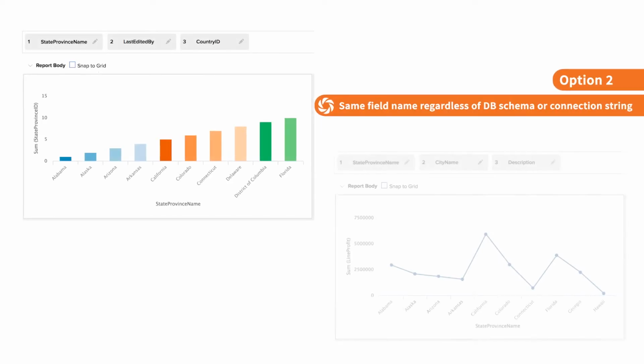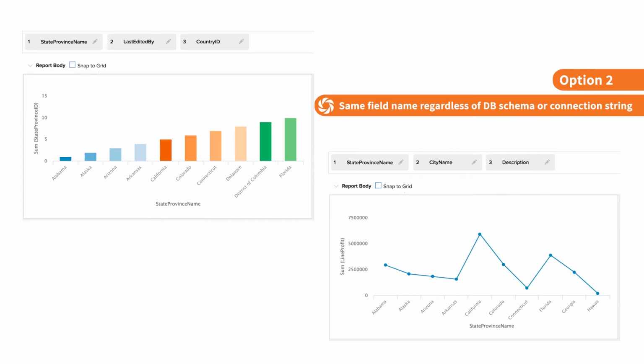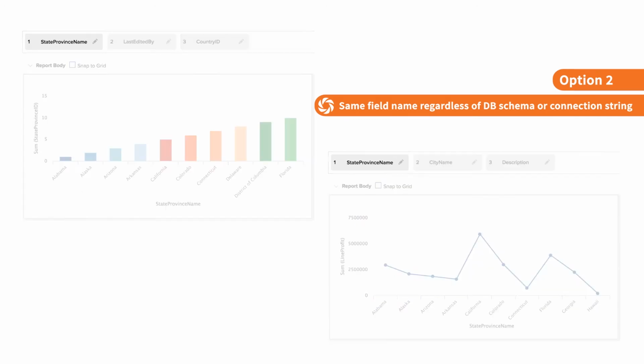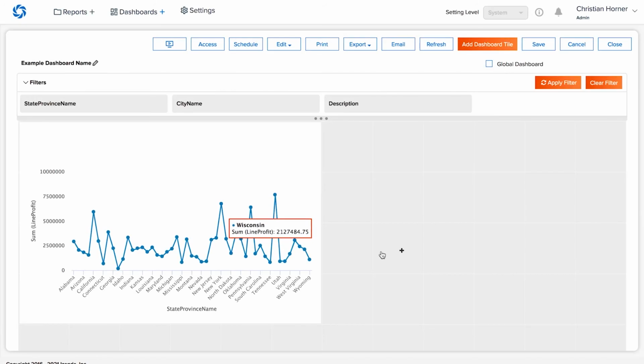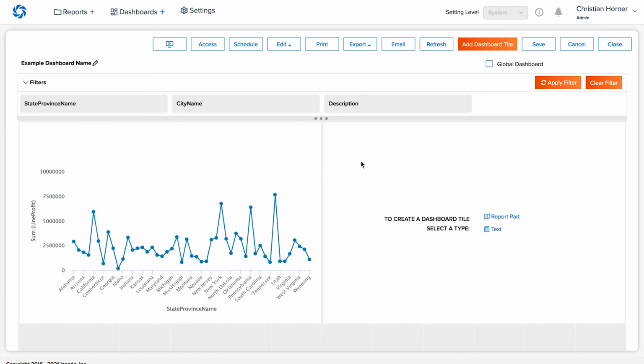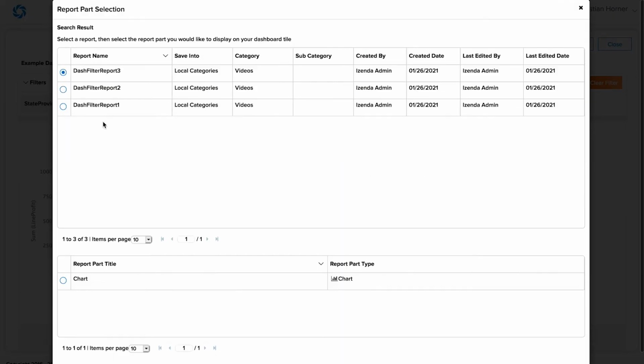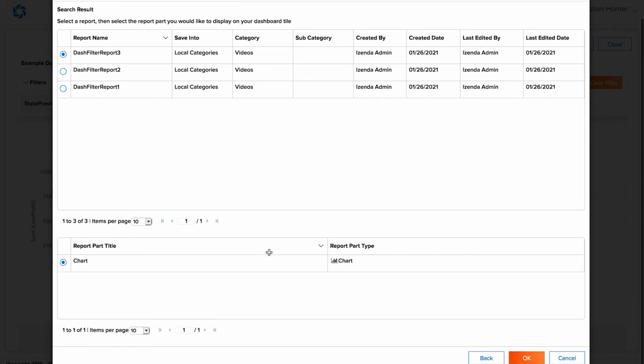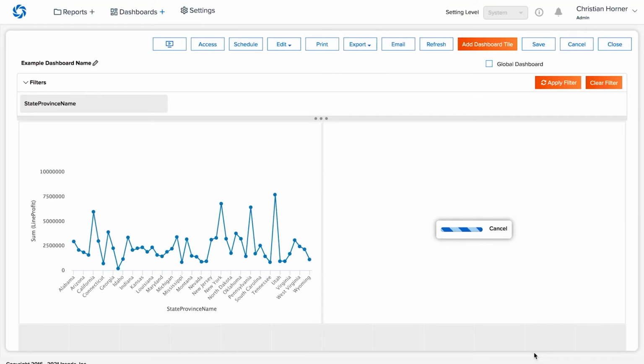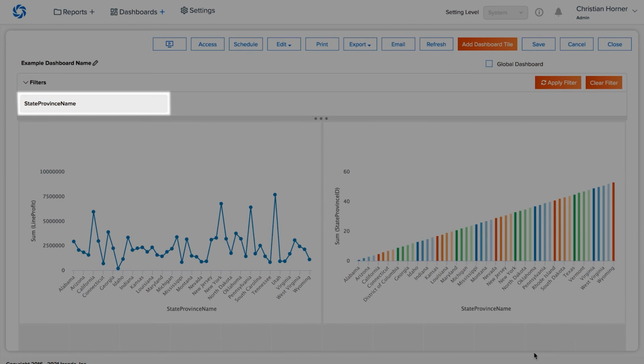Next, we have two reports with similar data sources, but from the database's perspective are ultimately different. However, both share a common field name in each of their data sources. This is the same use case of adding the filter, despite the data source's difference, in keeping the same selection mechanism across both report filters. With the same option selected in settings, as long as the field name and selection mechanism is the same, the filter will populate on the dashboard.